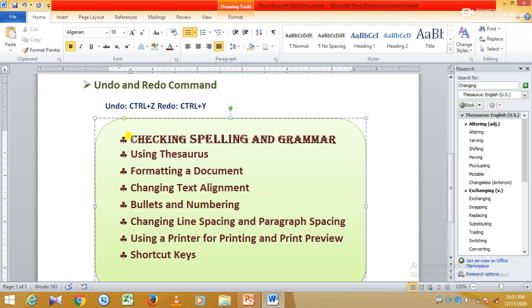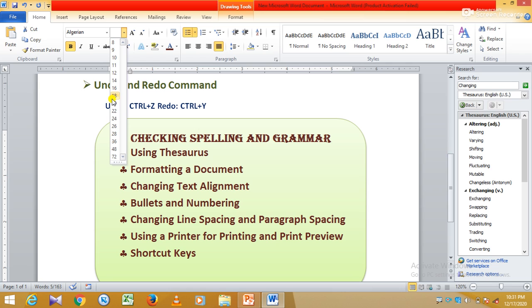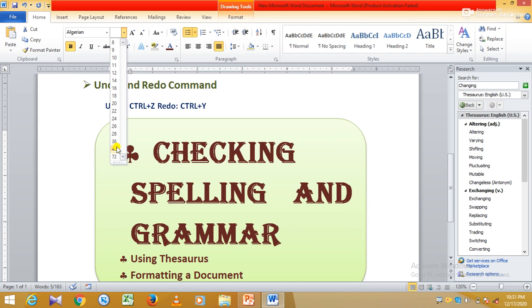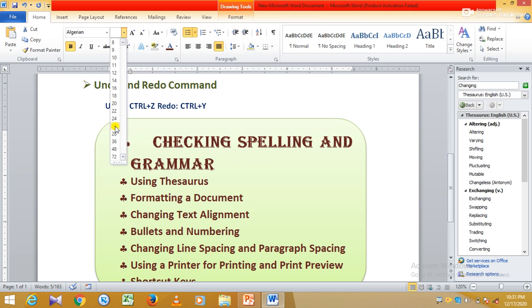Afterwards you can change the font size also. For this, again you have to select the text. Just listen to me. Whatever formatting you want to apply on your text, image, or anything, first of all you have to select the particular text, word, sentence, or object. So first select the text, then click on the font size. There are many sizes available. You can choose any one from here. You can see the preview I am showing you.